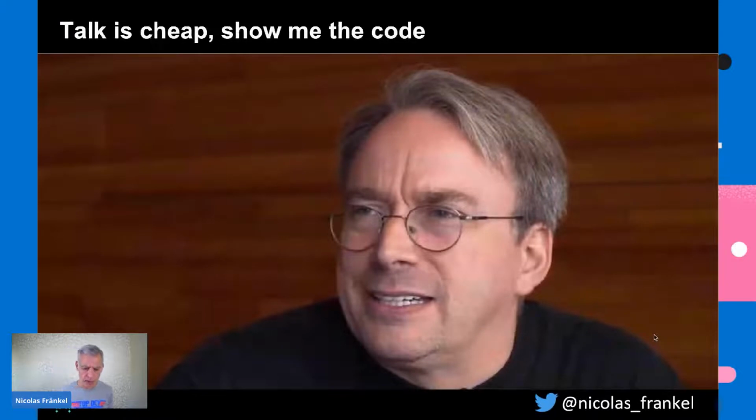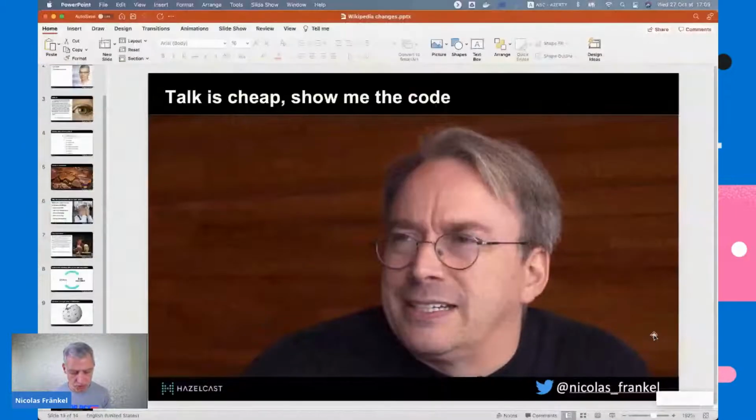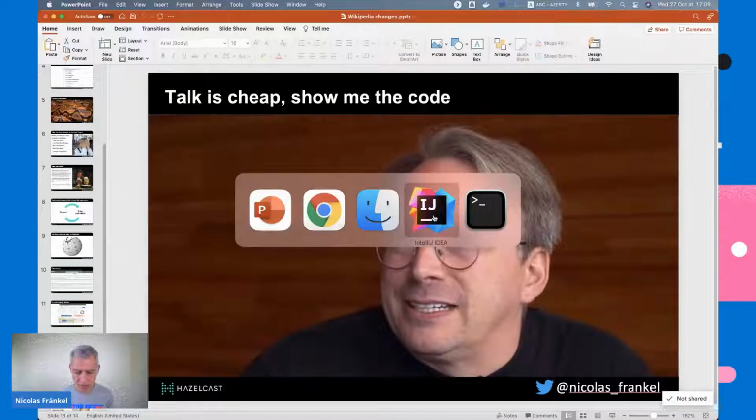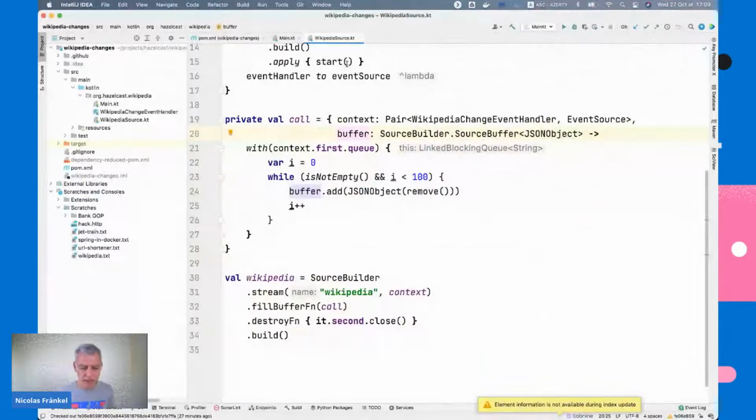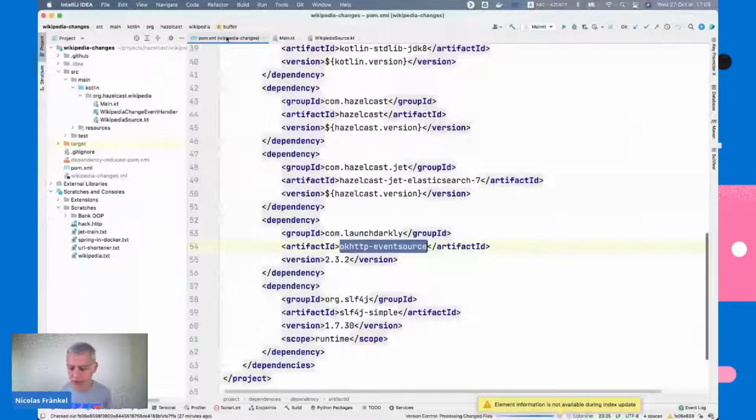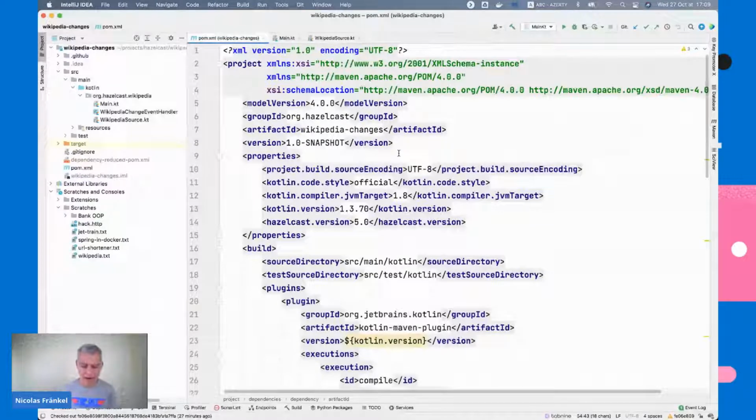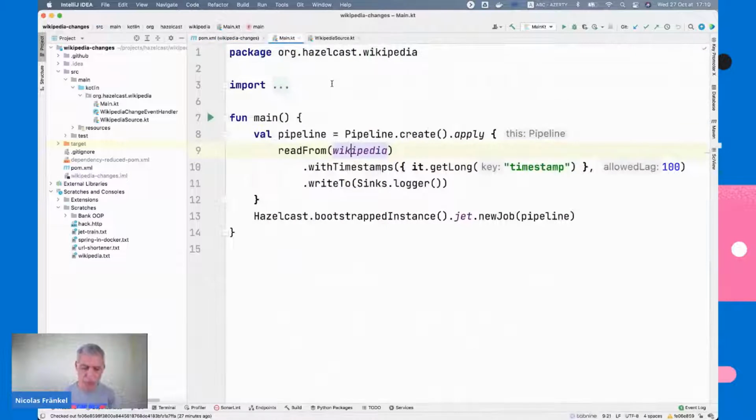I've talked a lot, and I will try not to be too long, not like yesterday. So let's jump to the code already. Here I'm in IntelliJ. I've created a Java project. I hope you are familiar with Java. If not, no worries. I've coded in Kotlin anyway, because I believe it's more intelligible. There is no framework involved. What you just need to do is create a pipeline.